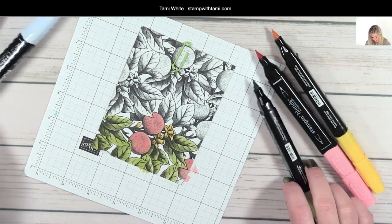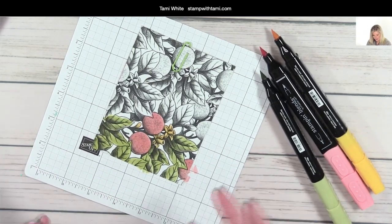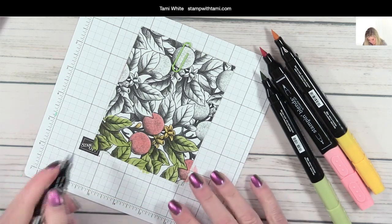Now on this one, I felt like this is really pretty, right? Do you see how this is coming to life? I mean, this was what, 2 minutes worth of coloring? Not even. I'm taking the Balmy Blue marker